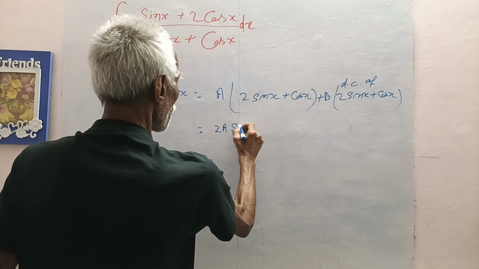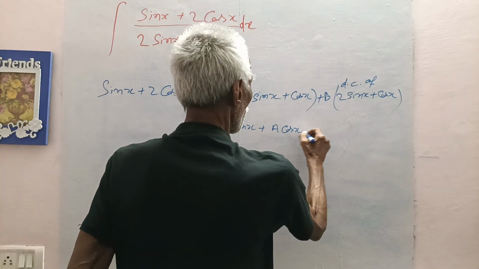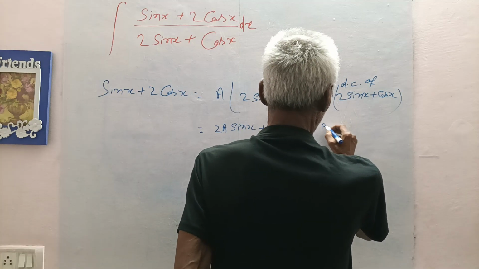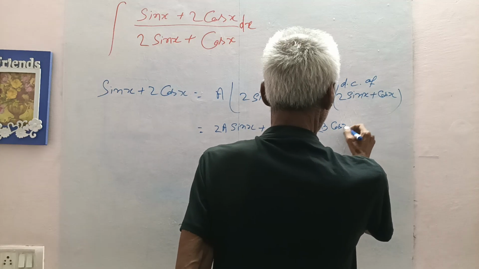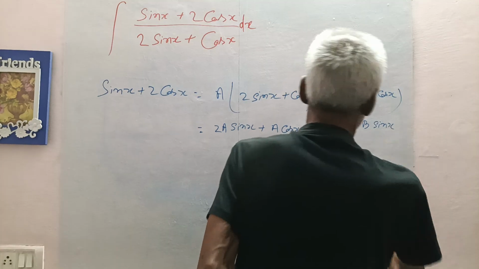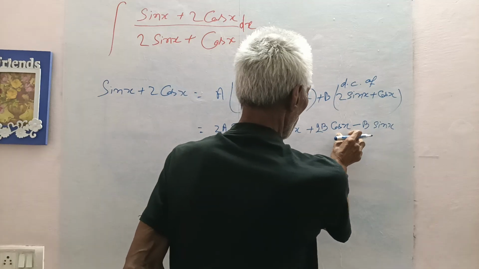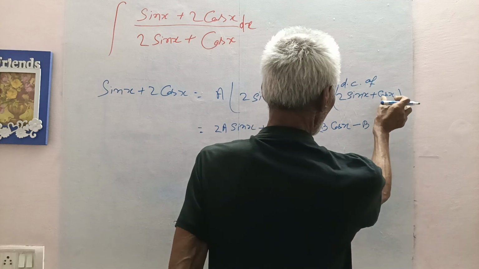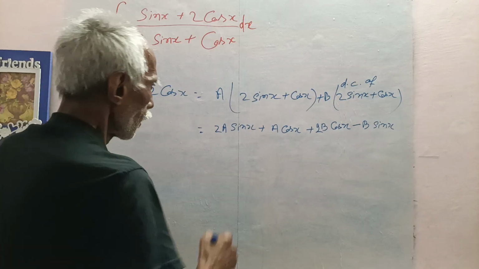2a sin x plus a cos x plus b into (2 cos x minus b sin x). The differential coefficient of 2 sin x is equal to 2 cos x, and the differential coefficient of cos x is equal to minus sin x. Now write as